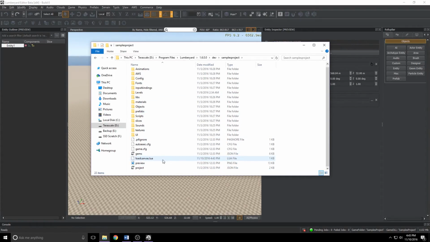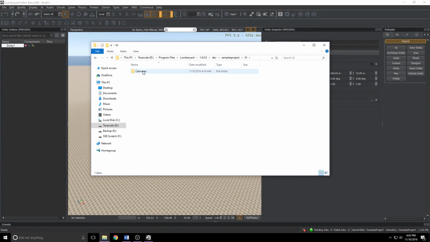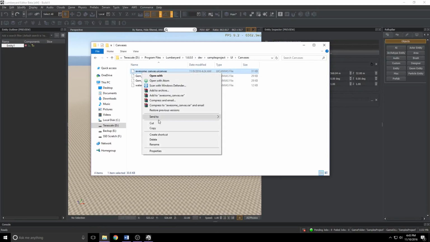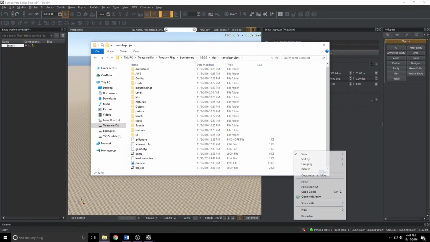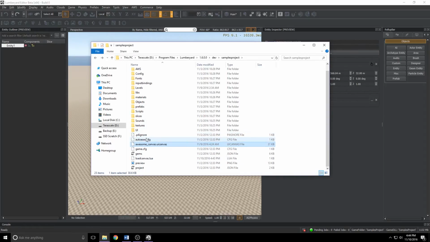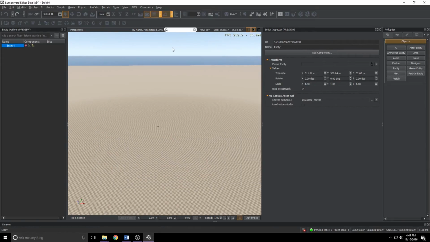Now we've got that file set to look in the root of the project right now for our UI canvas. So let's go ahead and grab a copy of this guy. And we'll dump it down here too, just to keep things simple on ourselves. So there's awesome canvas. There's our loadcanvas.lua. Windows Explorer can go away. And what we'll do is we'll attach that script to our component entity,